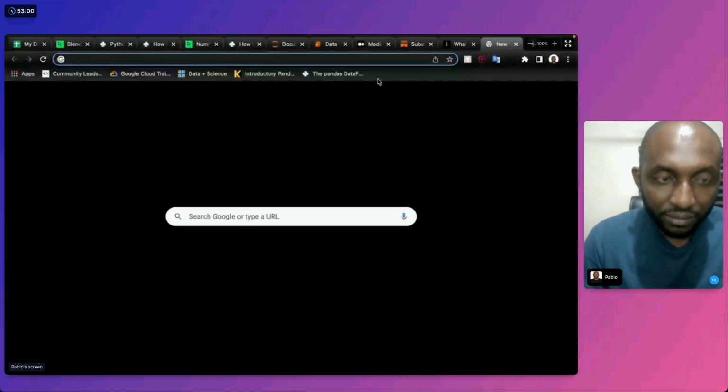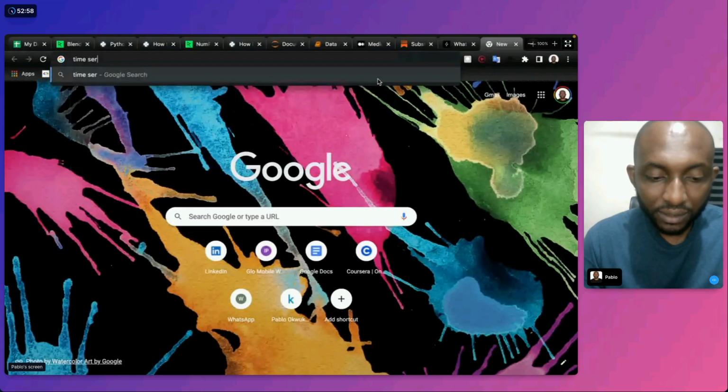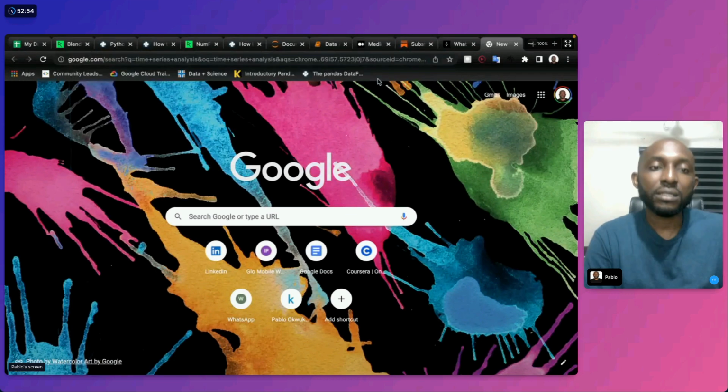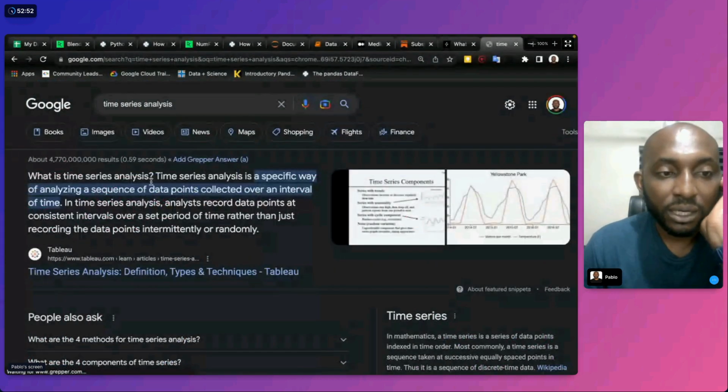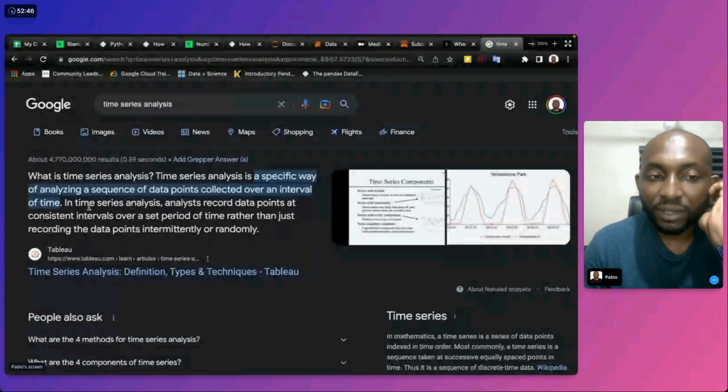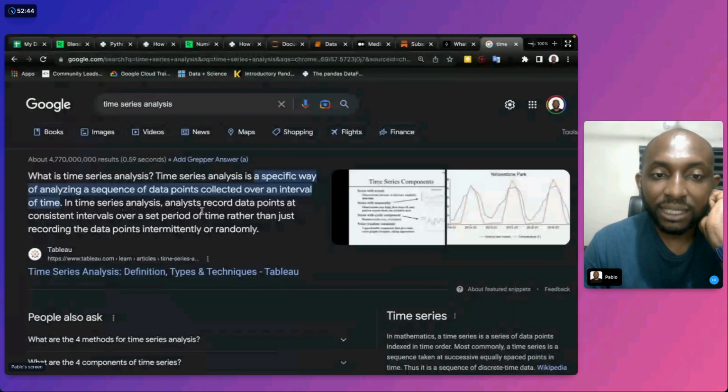It's called time series analysis: a specific way of analyzing a sequence of data points collected over an interval of time. Analysts record data points at consistent intervals over a set period of time, rather than intermittently or randomly.